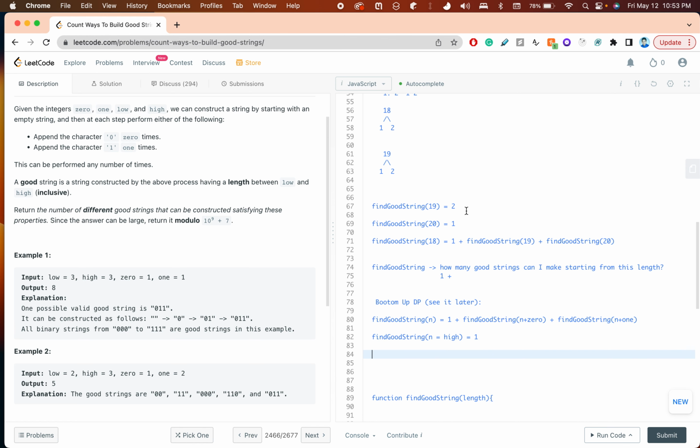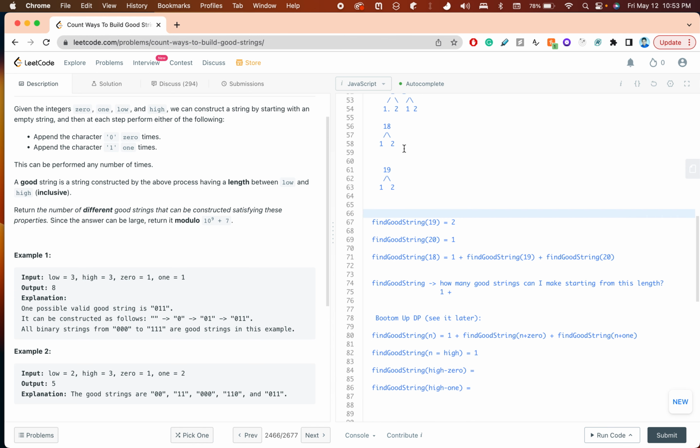So if I know for 20, then I should know find good string n is equal to high minus 0 is equal to something, and high minus 1 is equal to something, right? Or no? So if I know of 20, then I must know that